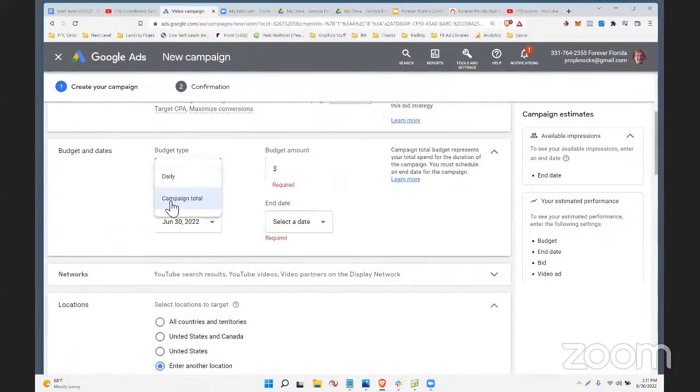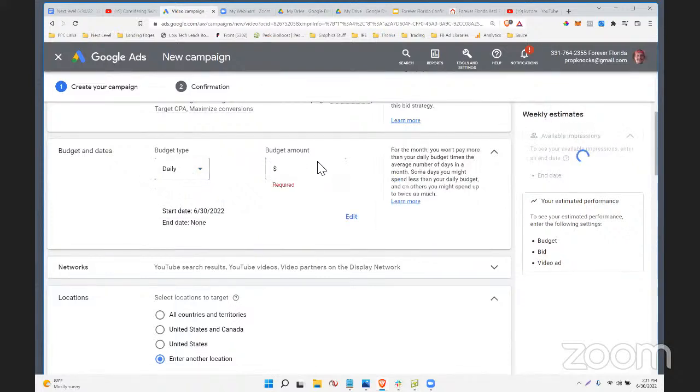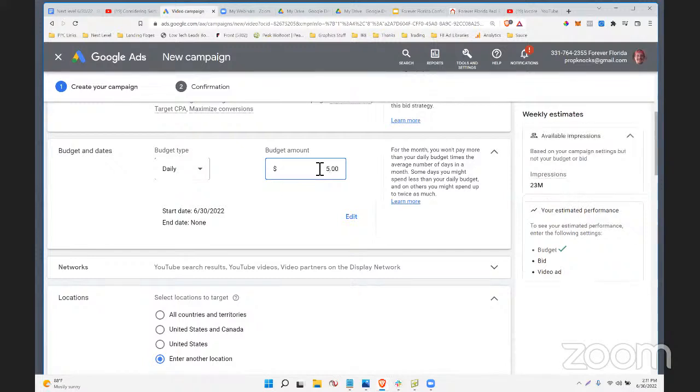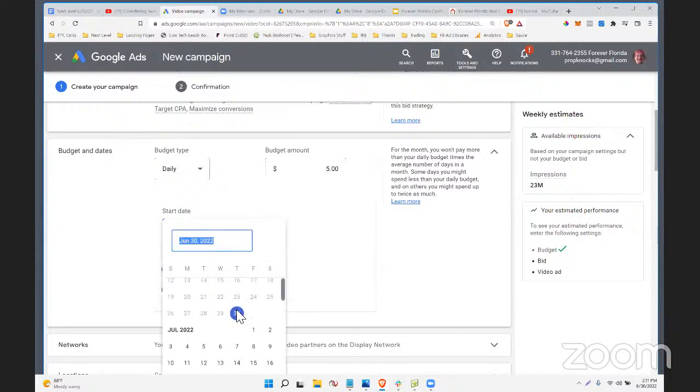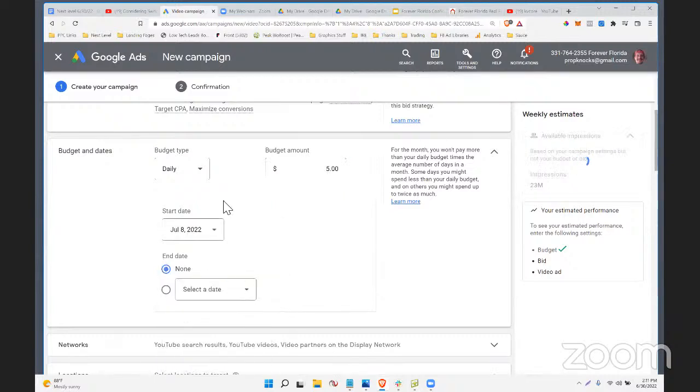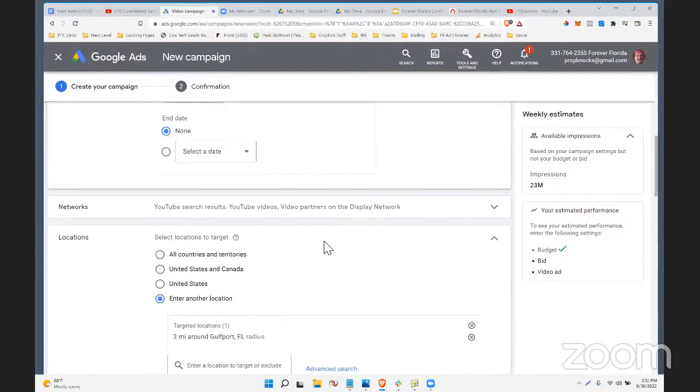Now you can do campaign total or daily. Campaign total is good if you think you might forget you did this. So I could just say, hey, just spend 20 bucks total on this thing. I happen to be somebody who's looking at my ad accounts almost every day, so I'm okay with doing like $5 a day. It's not going to kill me if I miss like 5 days and it spends an extra 25 bucks. But if you are worried about that, you can control your budget by just setting a campaign total amount, and then you would set an end date right here for when you want it to stop. And you can actually set the end date even if you're setting a daily budget amount. So I can say, just run this bad boy for a week. You know, I'm going on vacation, right, or something like that, and then you run it for a week to see what the results are at $5 a day.